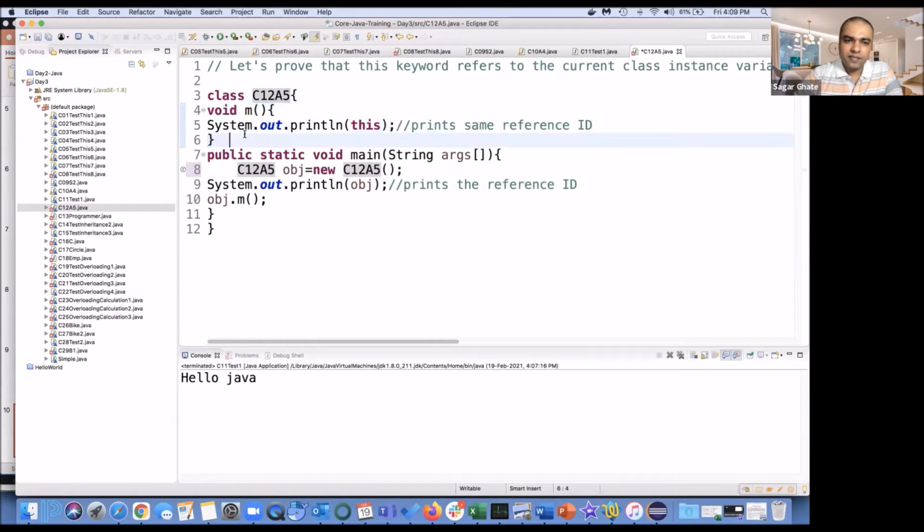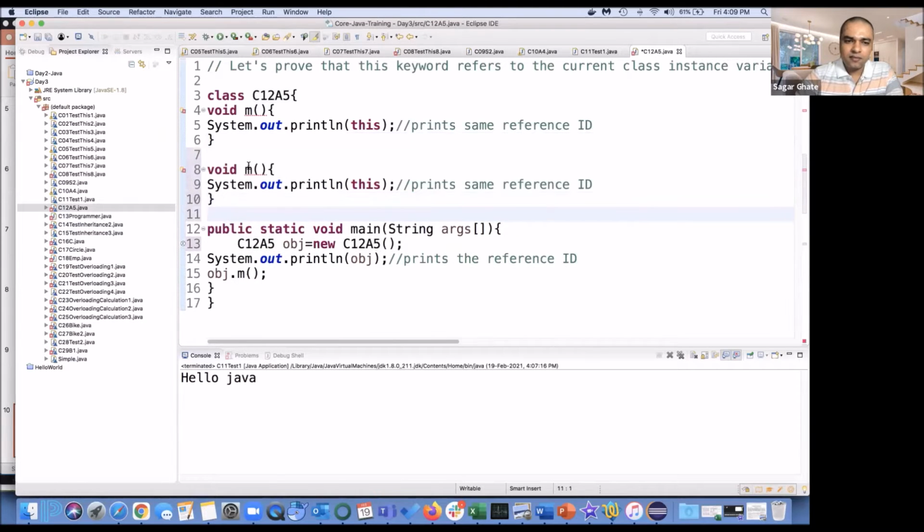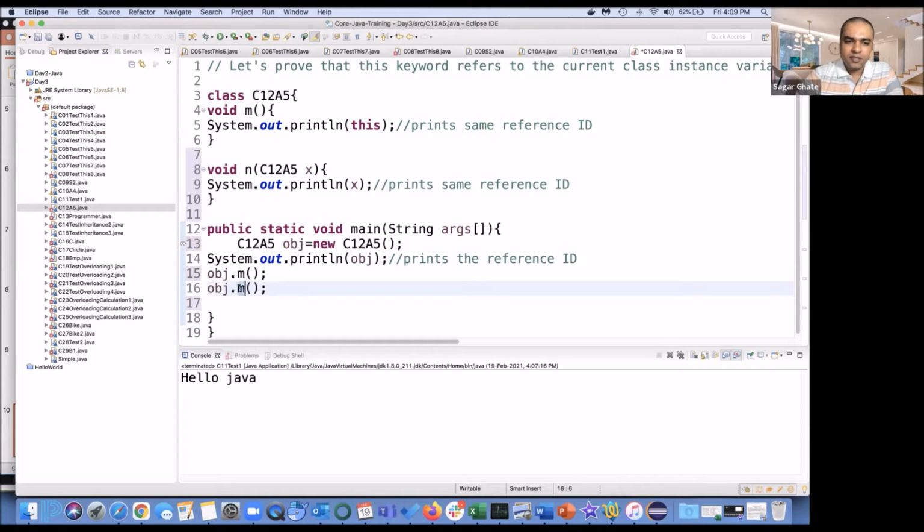Say suppose I am having one more function, function n, and I can do x, and if I pass x here, obj.n. I will comment out this statement first.